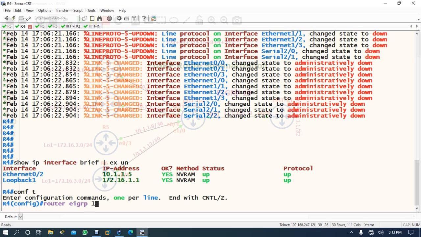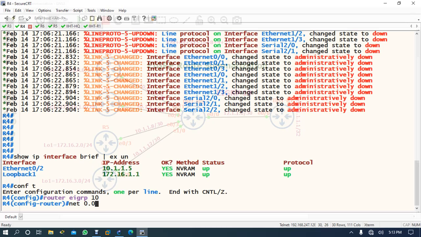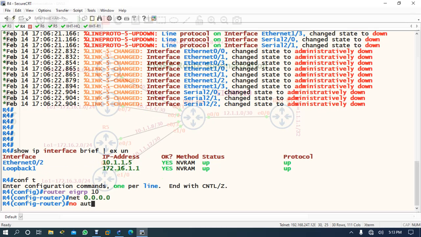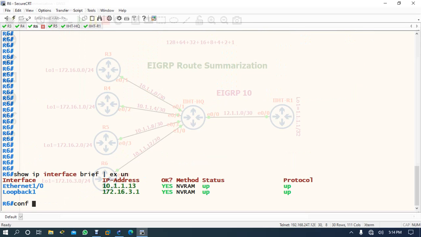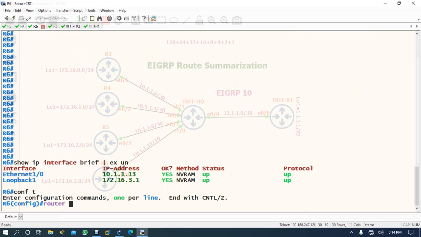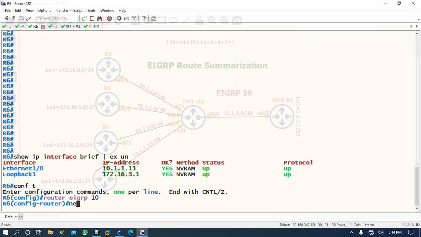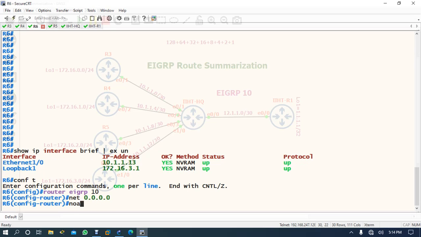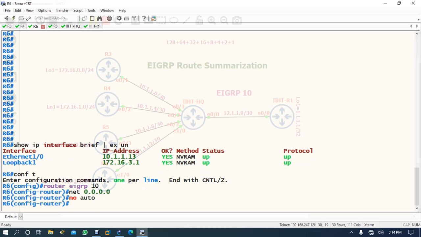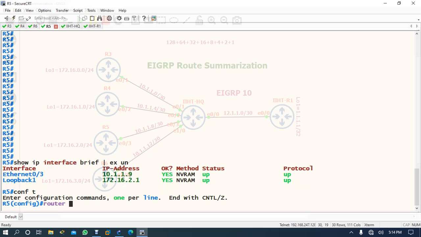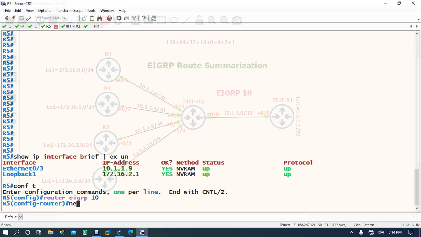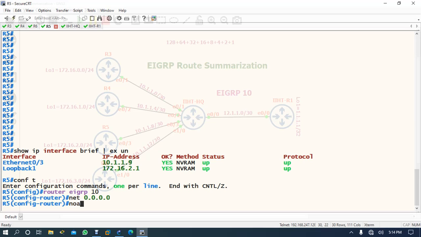Router EIGRP 10, network. Come here, conf t, router EIGRP 10, network. Router EIGRP 10, network, no